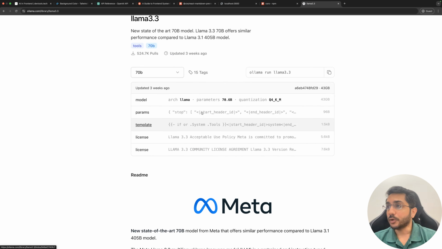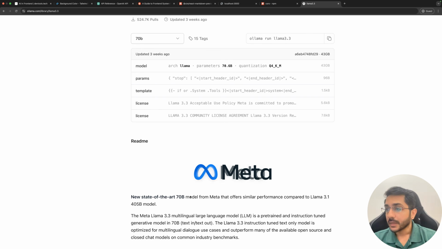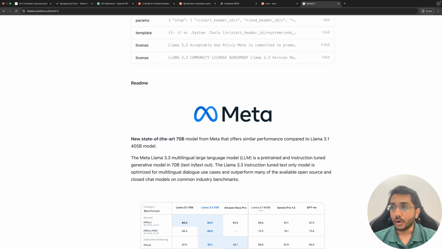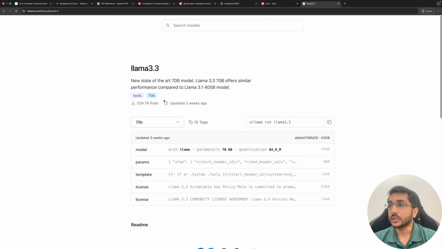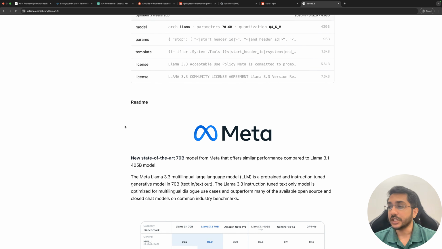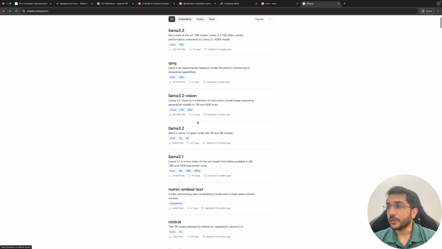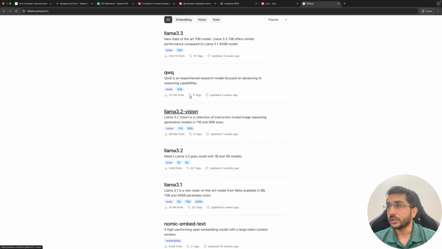This Llama 3.3 is provided by Meta, and it's their state of the art model, which is trained on 70 billion parameters. The B here represents billion, and they come in different configurations: 70B, 14B, 13B. If this parameter number is higher, then the model would most likely be more accurate in the specific task it is trained for. So this is Llama 3.3, which is released by Meta. Just like that, we have different models: Llama 3.2 Vision, we have